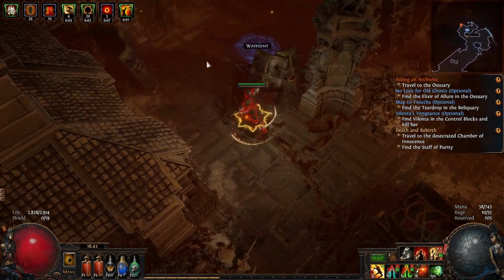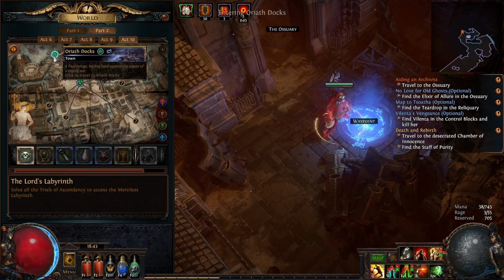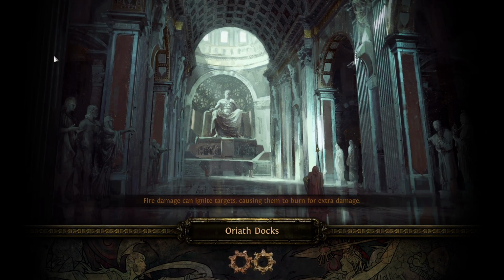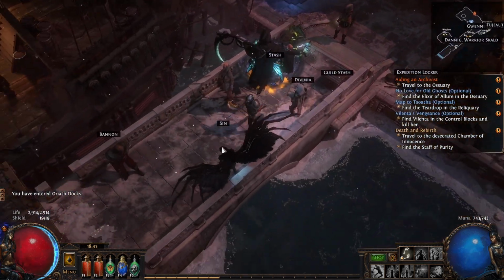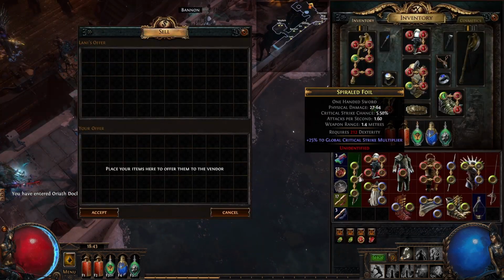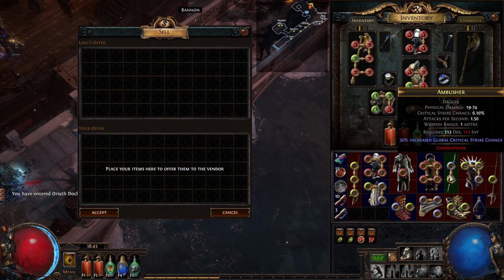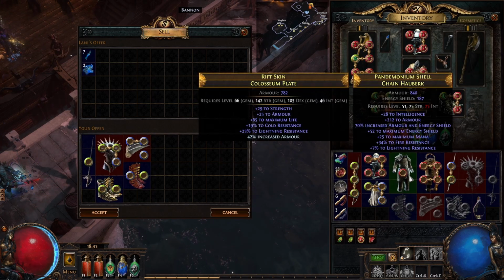There he is. Happy days. Right, let's go sell. And then we'll double back, see if we can find the Reliquary and do a couple of the optionals. You'll do. Right, sell the bits that are...